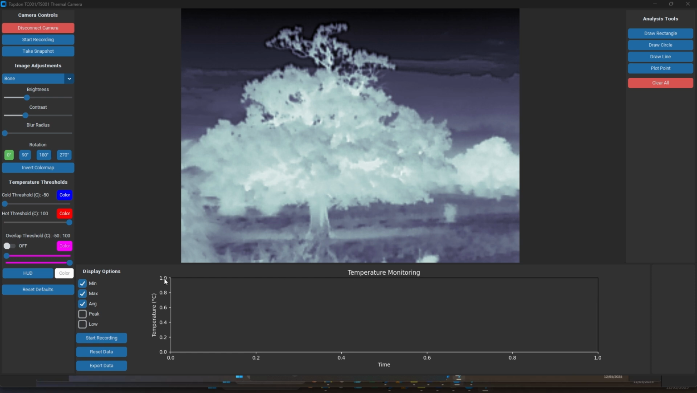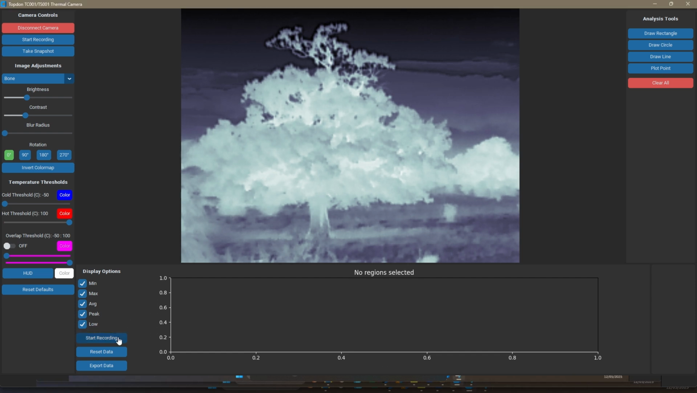And now on to temperature monitoring, the final part. Here on the left-hand side you have 5 options. You have the option to display the minimum, maximum, average temperature, peak temperature, which is the highest registered temperature value throughout the whole time of the recording, and the lowest temperature throughout the entire time. For now I'm just going to select both of them. We're going to select an area where we want to monitor the temperature. I'm going to use a rectangle, and for now I'm going to monitor the right side of the tree,